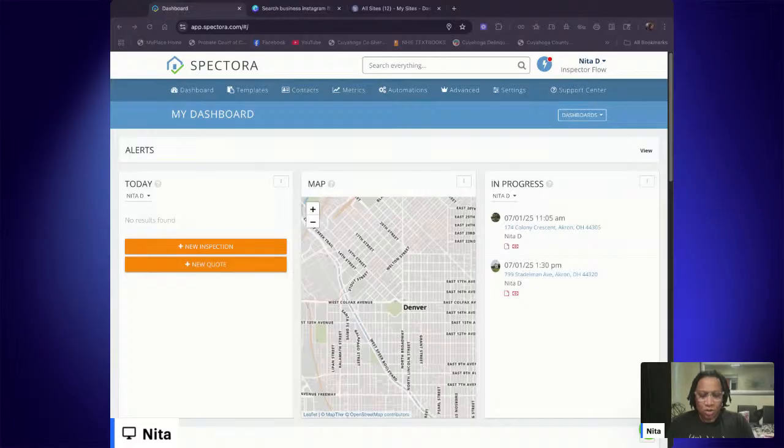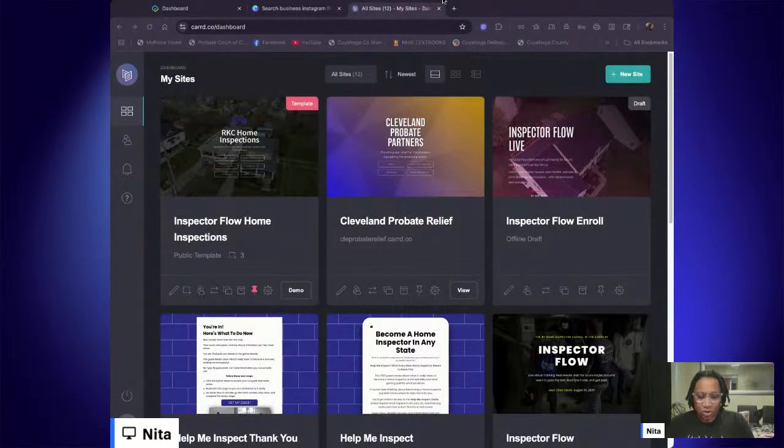Okay, so I'm going to pull up Card and Canva, and we are going to walk through putting it all together. Okay, can you see my screen? Okay, so again, if you decide to use Card, there's a template that I've created that